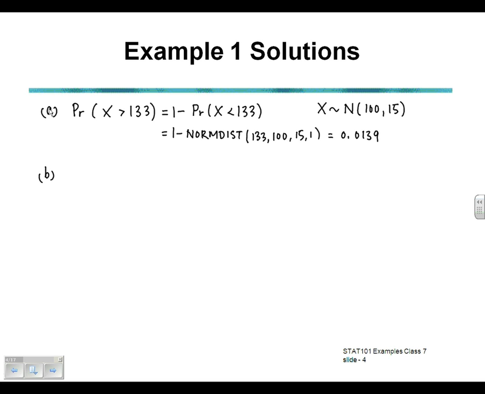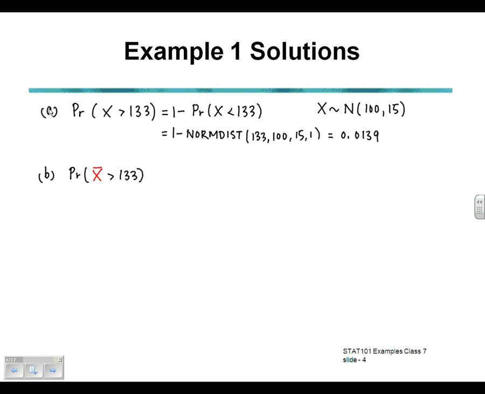So that's the probability that a randomly chosen person from the population has an IQ score of more than 133. So in part B, we're looking at the probability that if we choose 9 people at random, their average IQ score is bigger than 133, at least 133. So here we're looking for the probability that x bar is bigger than 133, where now this is x bar,